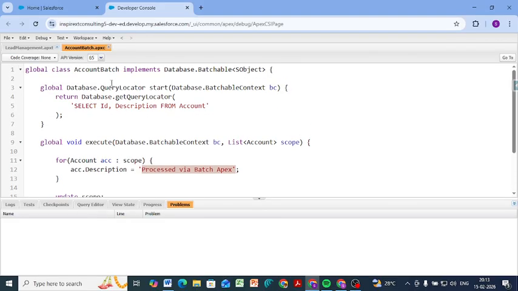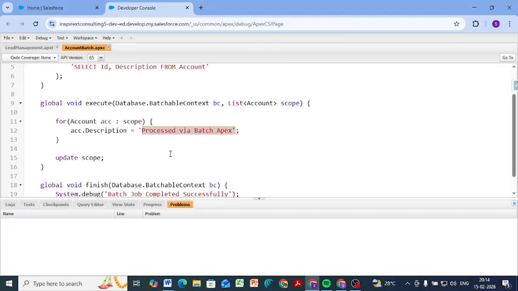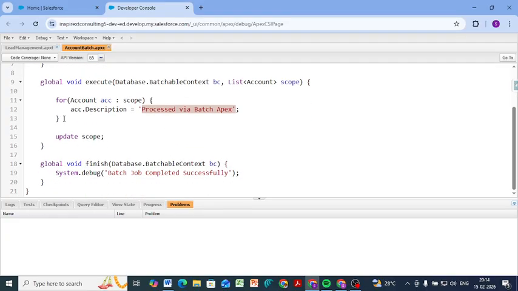Now when we use the Database.getQueryLocator, we should understand that the Batch Apex should have a parameter, where we have to fetch the data, then execute the data, and the logic is used in a for loop, and at the end we will receive batch job completed successfully as a message, as a debug statement,